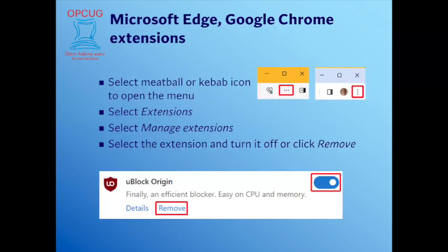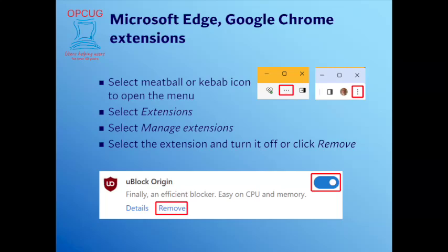So how do you take a look at what extensions you actually have? In Microsoft Edge, Google Chrome, you can go to the meatball or the kebab icon. Meatball menu is 3 horizontal dots. Kebab menu is 3 vertical dots. Select extensions, manage extensions, and then you can select an extension and you can turn it off or you can